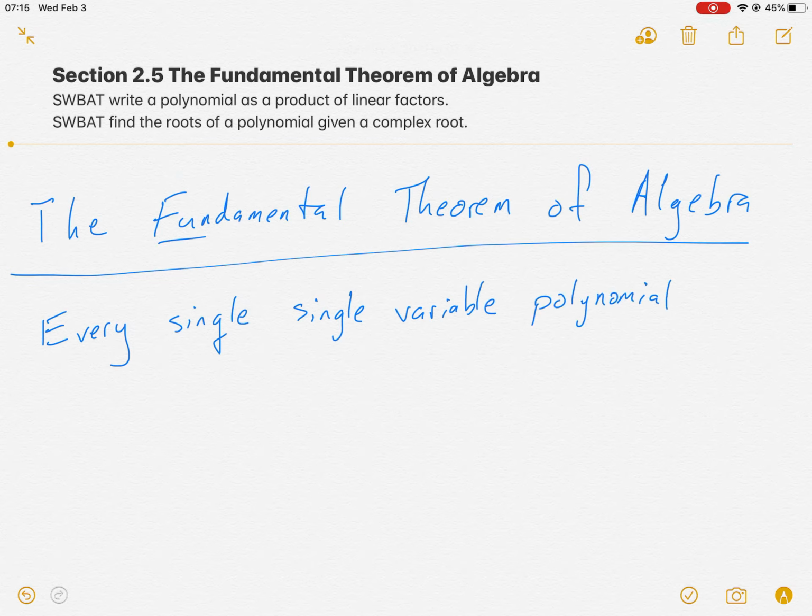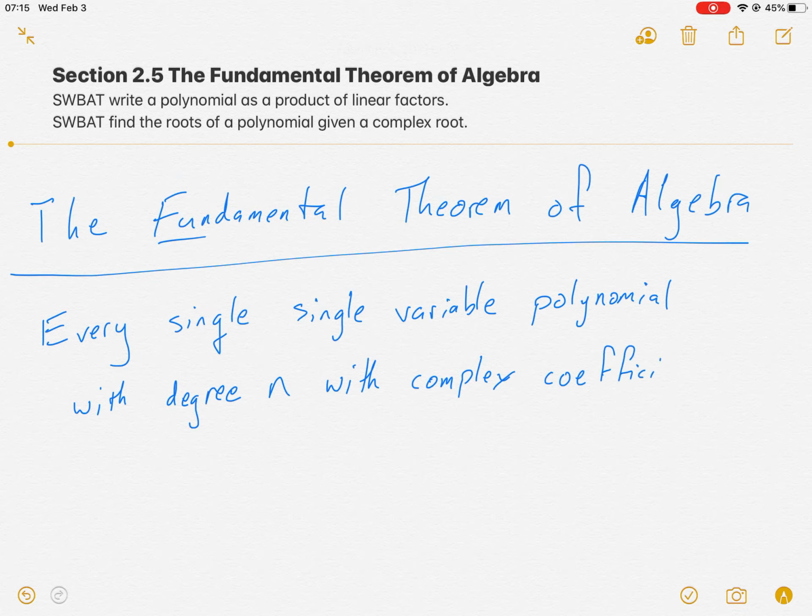That just means all it is x, f of x, rather than f of x and, say, y or something, with degree n, and it has complex